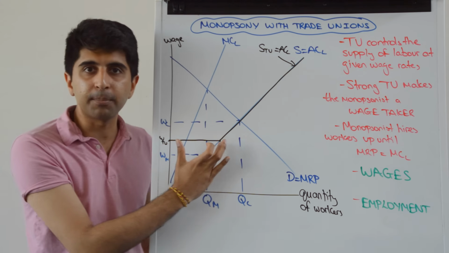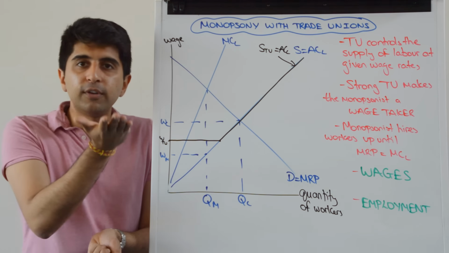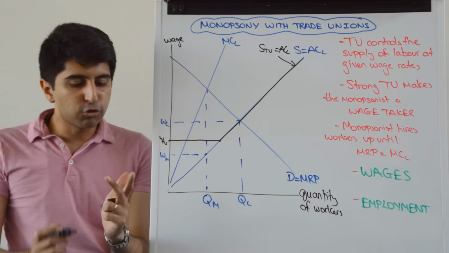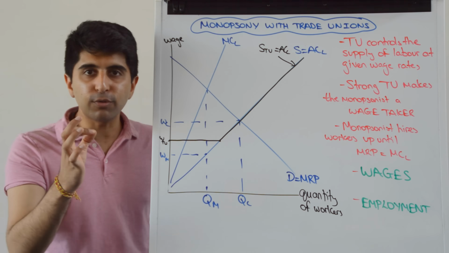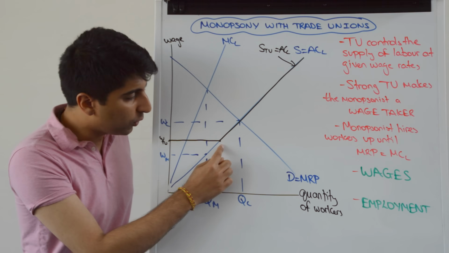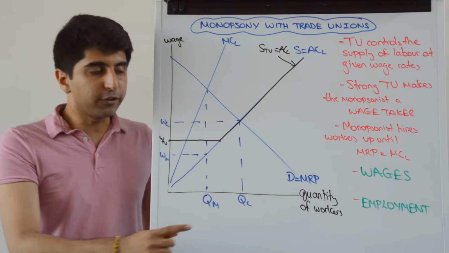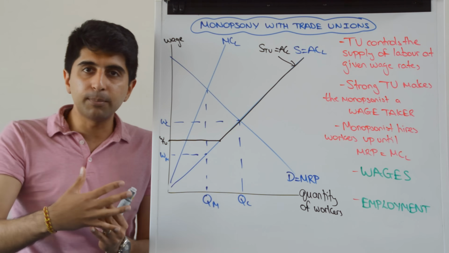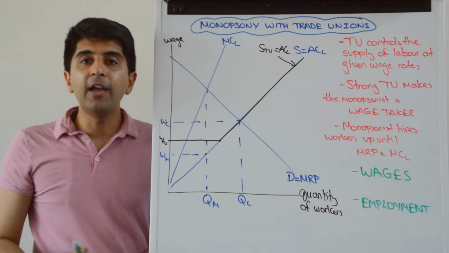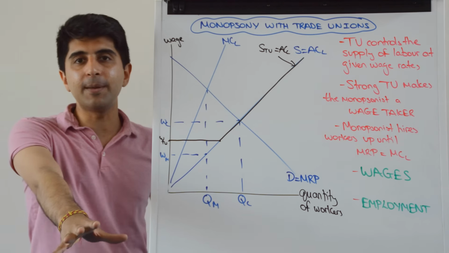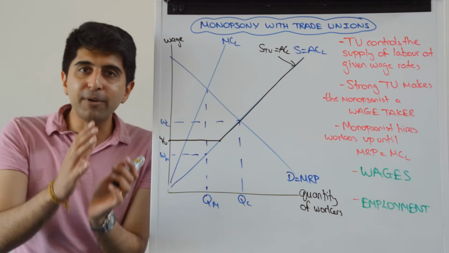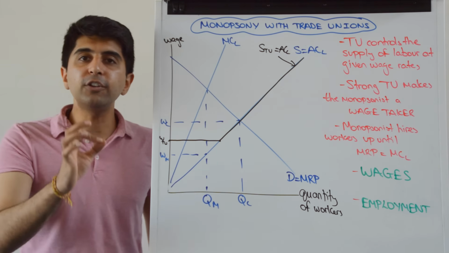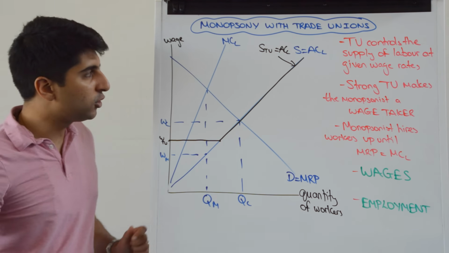Very simply, beyond this black dot, the monopsonist needs to increase the wage to attract more workers to work for them. But, crucially, the monopsonist doesn't just increase the wage for the next worker beyond the black dot. No. As soon as the monopsonist increases the wage beyond this black dot to attract more workers to take jobs for them, they are increasing the wages for everybody, all the workers that came before that worker as well. Which means that at this black dot, the marginal cost of labour reverts back to its original.